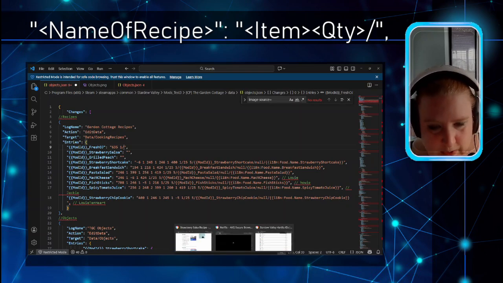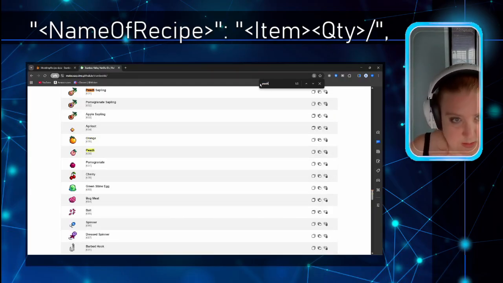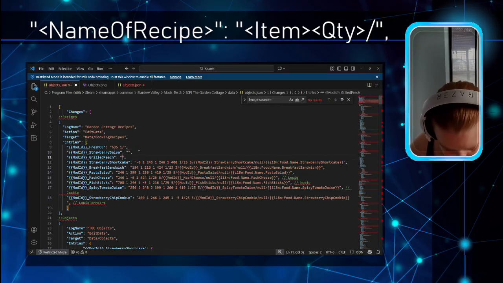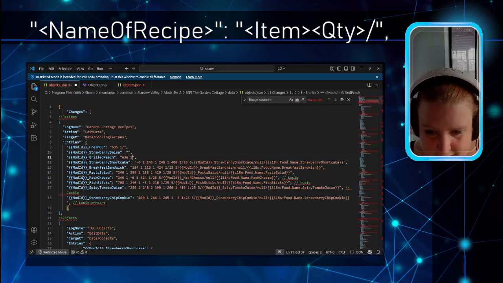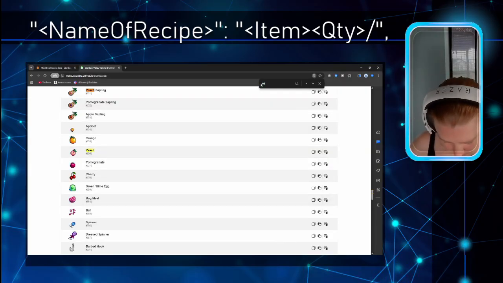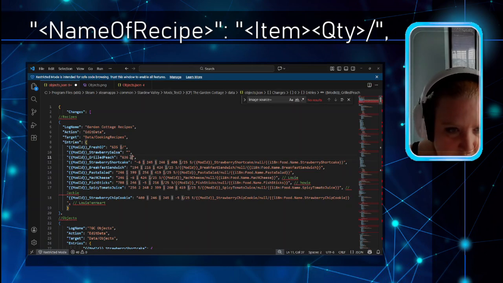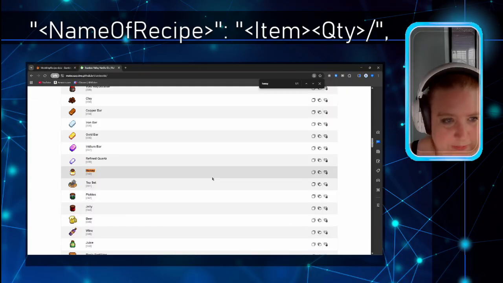For a grilled peach, I want peaches and honey. A peach is 636, and I want one. And then my honey is number 340. So we'll do a space, 340, and a 1. So it's going to take one peach, one jar of honey. And strawberry salsa, I know I also want honey, so we're going to do 340, 1. I want a strawberry, a pepper, vinegar,